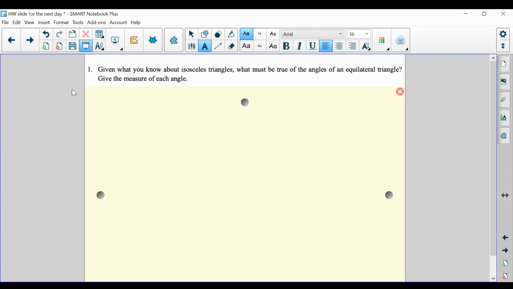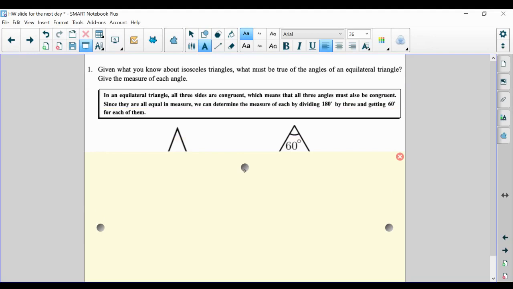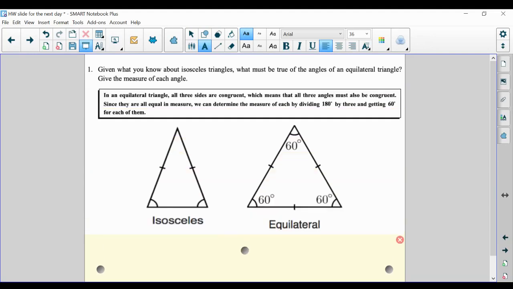An isosceles triangle has two sides equal and two base angles equal. An equilateral triangle has all three sides equal and all three angles equal. So here we have the picture. I would like you to draw the picture and explain what you know about the equilateral triangle and isosceles triangle. So in an equilateral triangle, all three sides are congruent and all three angles are also congruent and